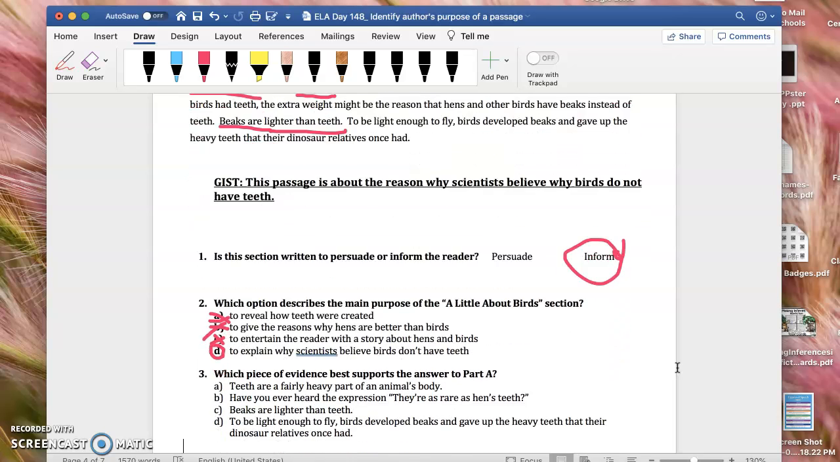So then it begins to say which piece of evidence best supports the answer to part A. And so when I look at this, guys, I actually want to say which piece of evidence does not best support the answer to part A. Okay. And when I think of the part that says does not, I'm thinking of which sentence actually does not give us